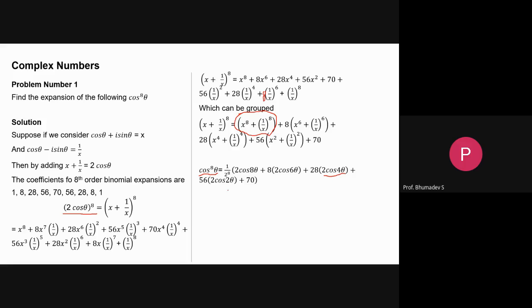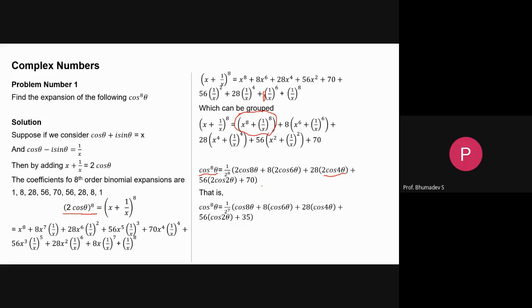Then plus 56 into twice of cos 2 theta plus 70. Further, we can simplify by taking 2 as a common factor, which is, further it could be simplified as in the form of cos to the power of 8 theta is equal to 1 upon 2 to the power of 7 into cos 8 theta plus 8 into cos 6 theta plus 28 into cos 4 theta plus 56 into cos 2 theta plus 35, because we have taken 2 as